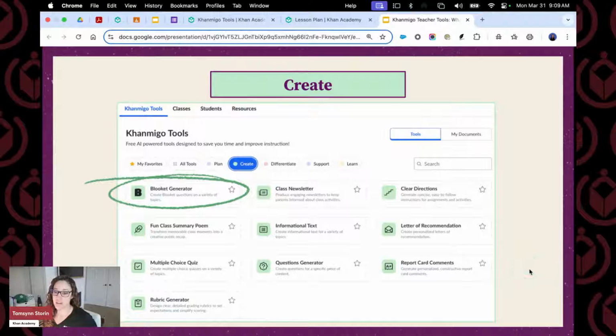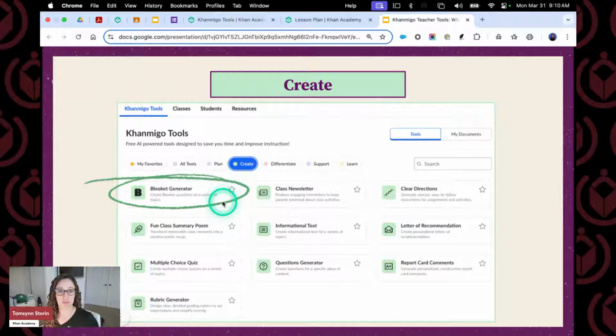The next very exciting update, I mean, it's not even an update, it's like an extra bonus add-on, to be honest. If you've gone into our create section of our teacher tools, you will notice Blookit generator. So I am someone who knows Blookit from the I'm a parent and my kid uses it side. And I know my kid loves playing it, although he tried to get me to play with him and I really didn't understand why I was feeding toast to cats, but he loved it and he learned.